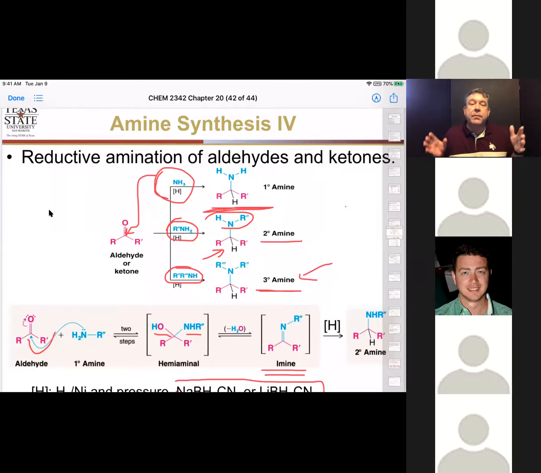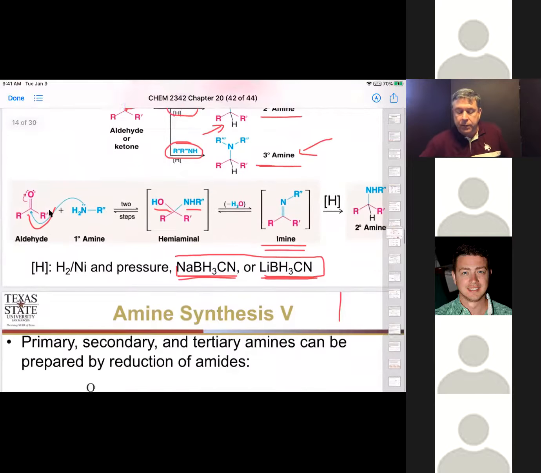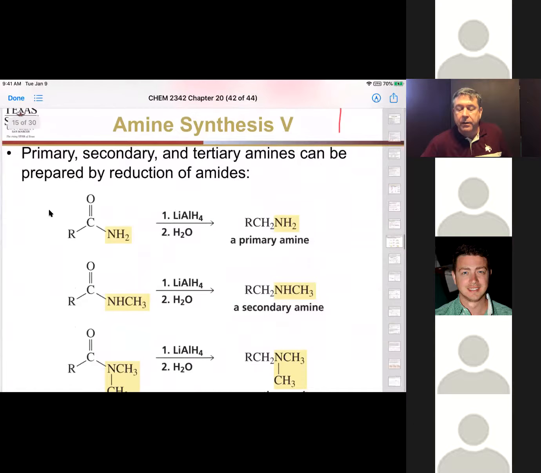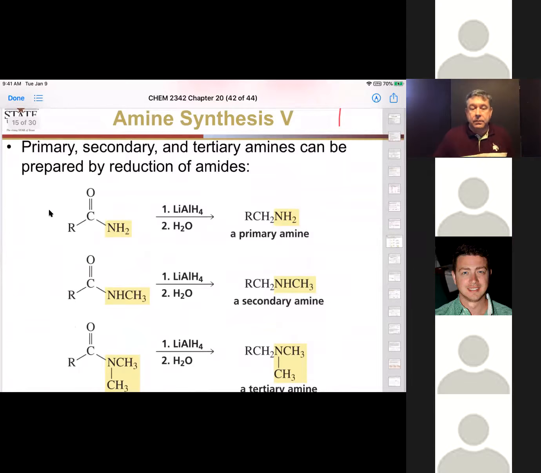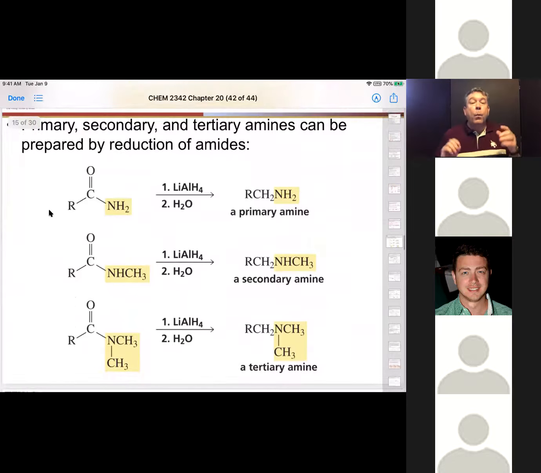We're going to continue that theme of selectivity with our second half here, and we're going to look at other ways of reducing the system such that we have the exact amine we want, whether it's primary, secondary, or tertiary. So the next way we're going to talk about is the reduction of amides, okay? Now, when we did amides in our carboxylic acid chapter, we found out we could use